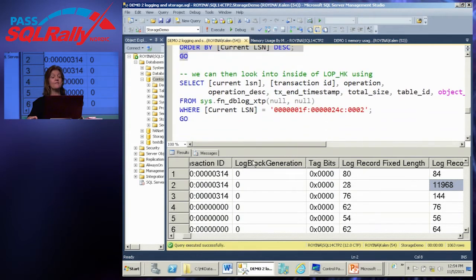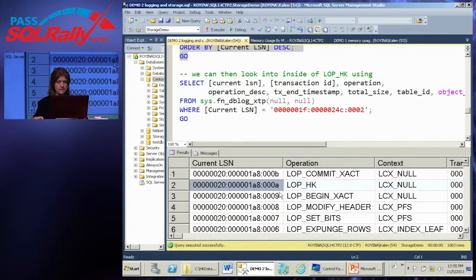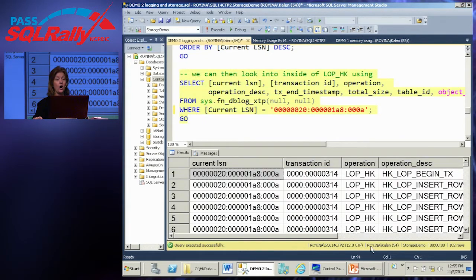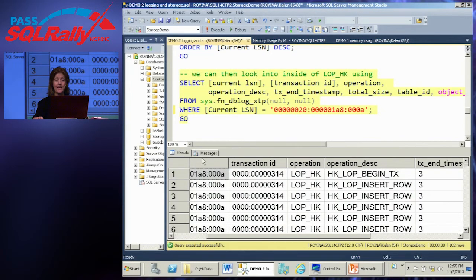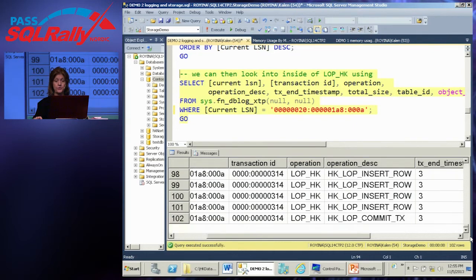But there is another function that allows us to look inside a Hekaton log record. If we pull out the transaction ID and pass it as a value into this function called fn_dblog_xtp, it will show me all the changes to the Hekaton table, and there are 102 rows here: the begin transaction, the 100 rows inserted, and the commit transaction.